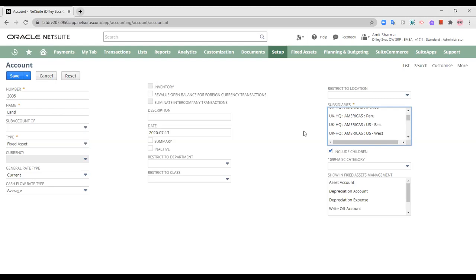When I'm selecting the subsidiary BISP trainings, all the accounts that have been made specially for BISP training will open up, and I'll be able to enter the transactions into them. So it makes it less prone to error. So these were the only important things that I'll have to choose at the time of creation of an account.